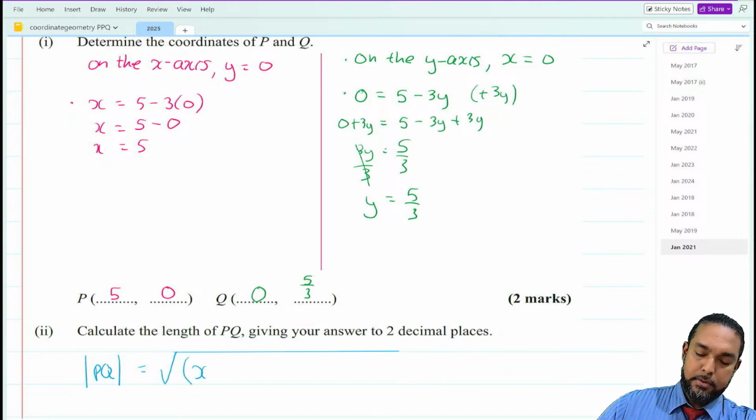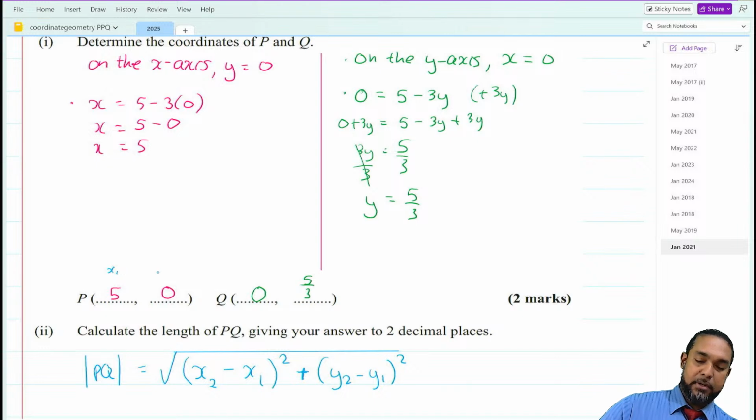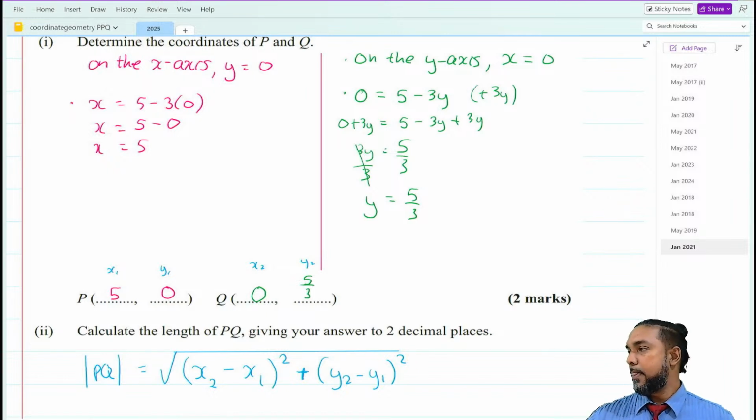Right, so now you can do x2 minus x1 or x1 minus x2. It does not matter because you're going to square it anyway. And across here, you can do y2, sorry, plus, my bad, plus. y2 minus y1 or y1 minus y2, but you're going to square it, so it doesn't matter which one you do. All right, so again, you could have this as your x1, y1, and this is your x2, y2. So I'll give you a couple of minutes to sort that out.